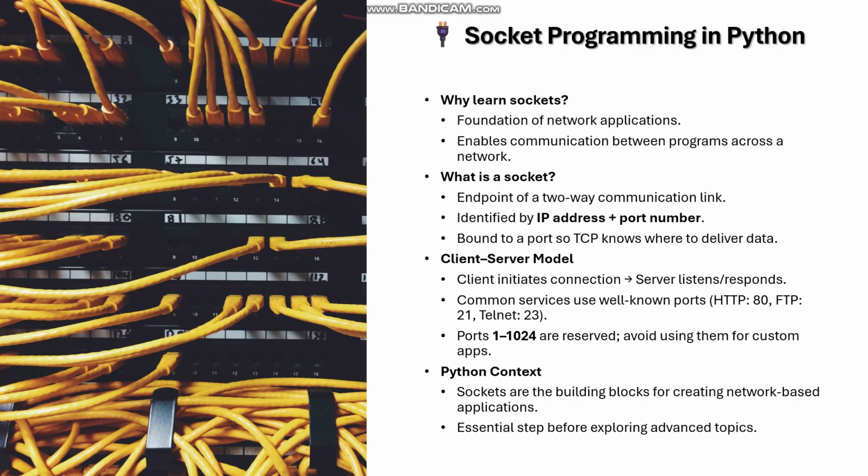We have HTTPS 443, HTTP 80, FTP port 21, Telnet port 23, SMTP port 25, and so on and so forth. So these are well-known ports. Port range is from 1 to 1024. Okay, so our range in use is 1, 2,